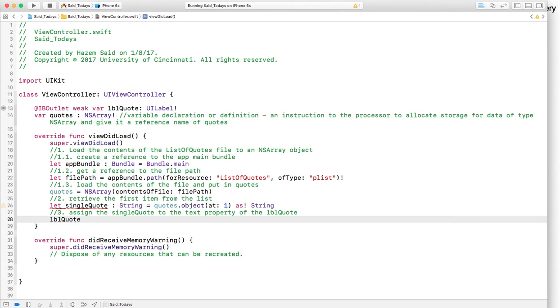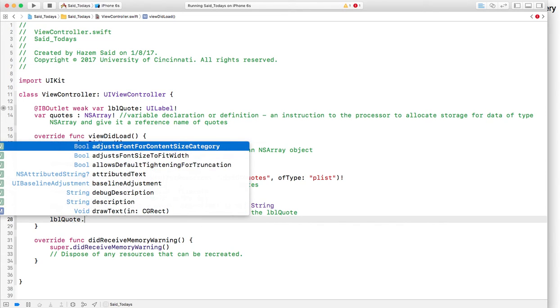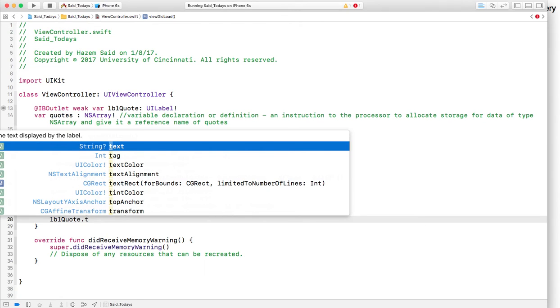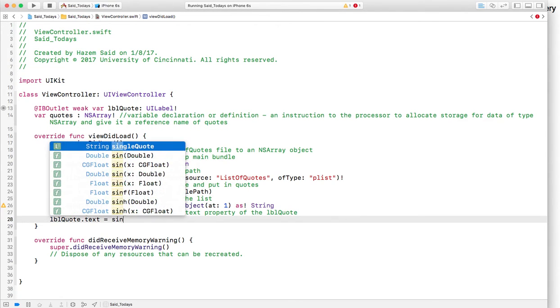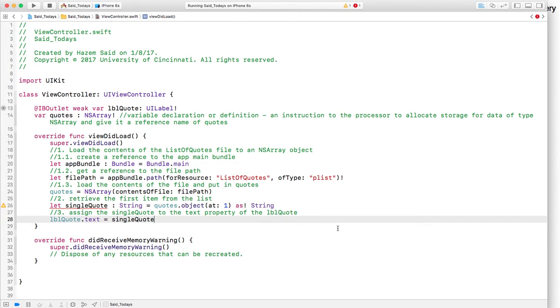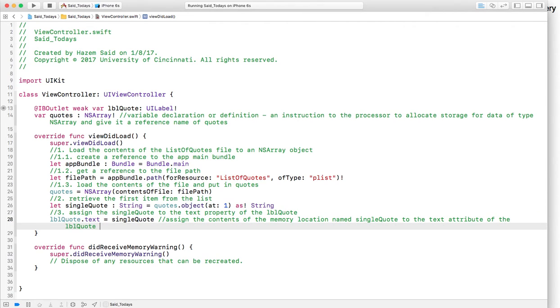So I say label quote. To access any property or content, I use the dot operator, and then the name of the property, which is text, and then equal. The equal is called the assignment operator. So in this last instruction, I am assigning the contents of the memory location named single quote to the text attribute of the label quote object,